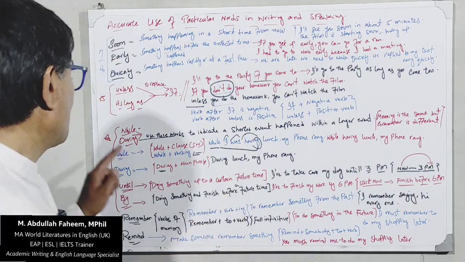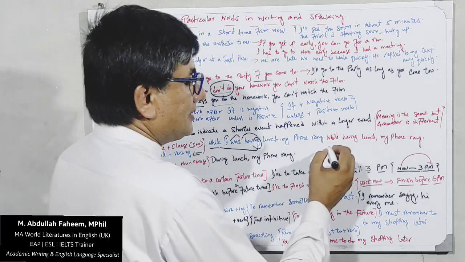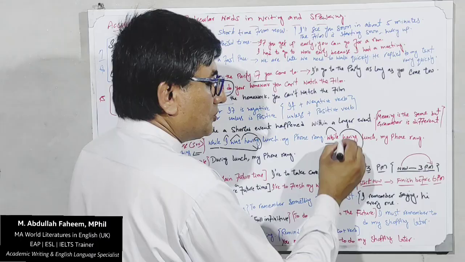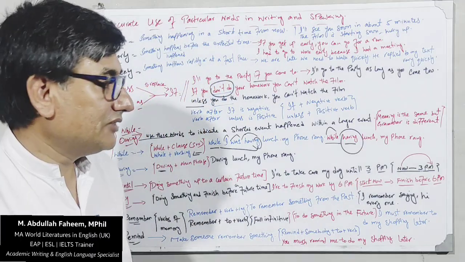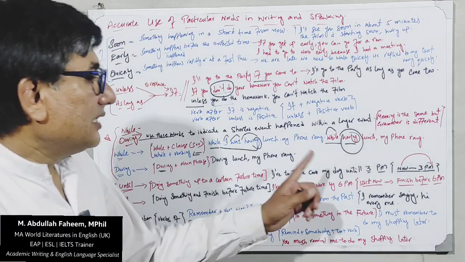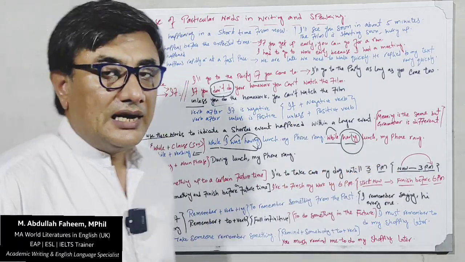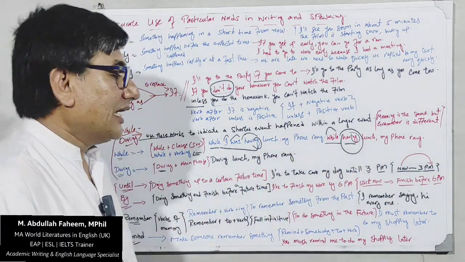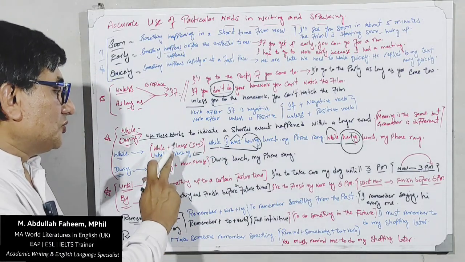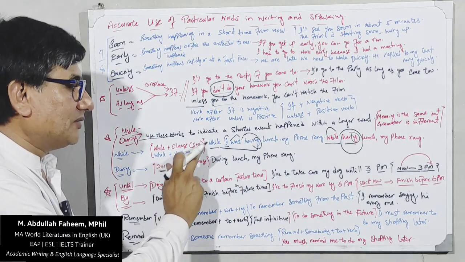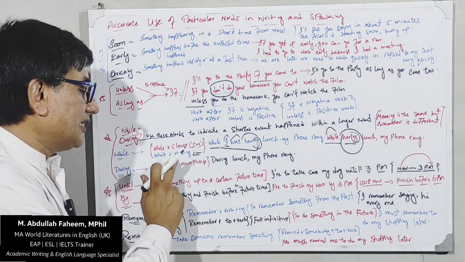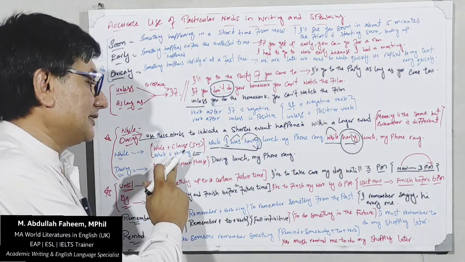This is a condition for while and during. In this sentence, after using while, you directly use your main verb alongside ing. While having lunch, my phone rang. In this sentence, there is no subject. In this sentence, here is the subject. So if you use the subject, you use subject plus verb and then ing. If you do not want to use any subject, after while, you straight away use the verb with ing.